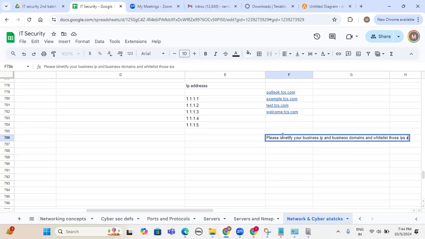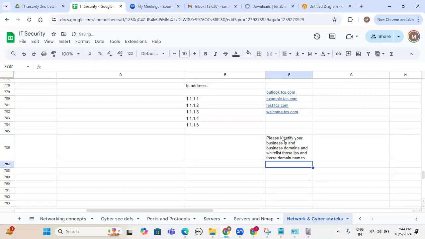Those IP requests and those domain names. The remaining non-business ones, with whomever we are not doing business and which are not required from our business point of view, everything